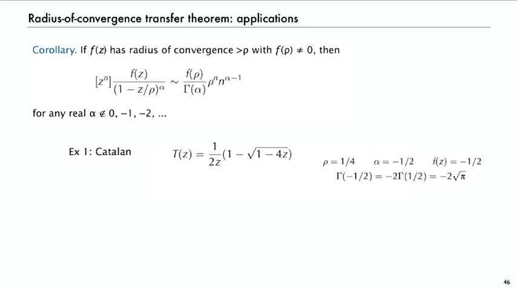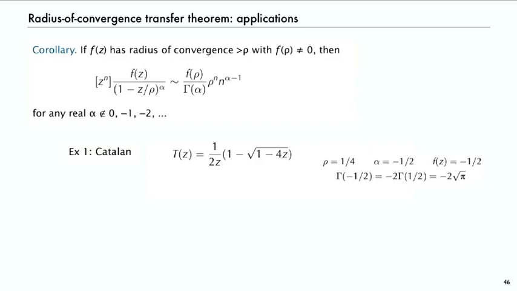That's square root, and rho equals 1/4, so that's square root of 1 minus 4z. And then f in this case is just the constant, the half out front. And so we wind up needing gamma of minus 1/2, and that's 2 times gamma of 1/2, just because gamma of alpha plus 1 equals alpha gamma of alpha, so minus 2 square root of pi. Well, you plug it all in, and then